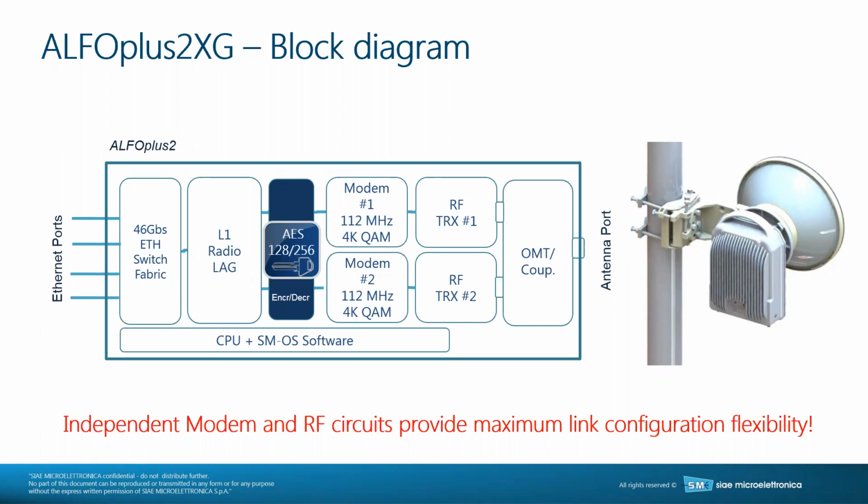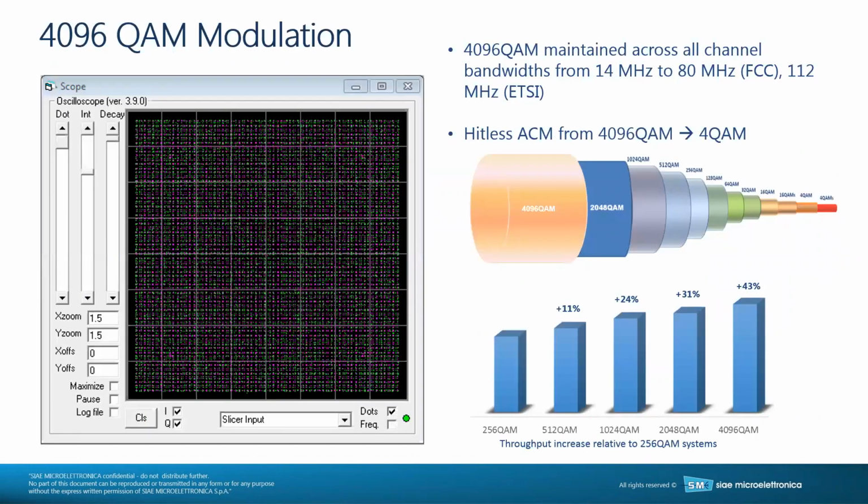Not so with the ALFOplus2 radio. You can go ahead and plan your links at the max power for both carriers, and the radio will support that. Okay, for those radio guys out there, or gals, if you've never seen a picture of a 4096 QAM constellation, this is what it looks like. Very compact, tight IQ pattern,